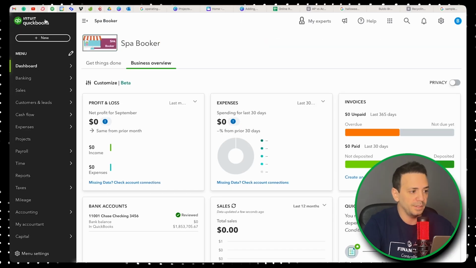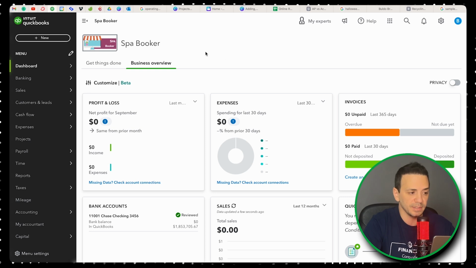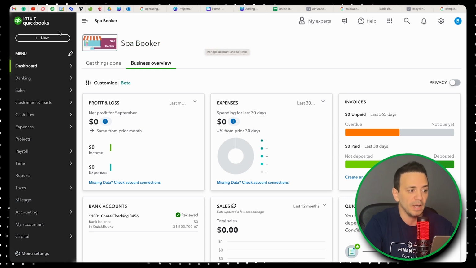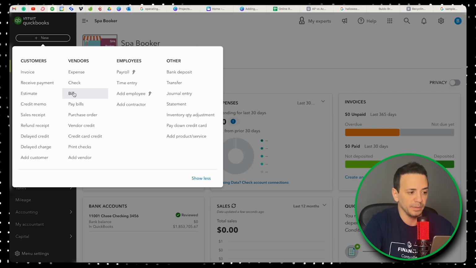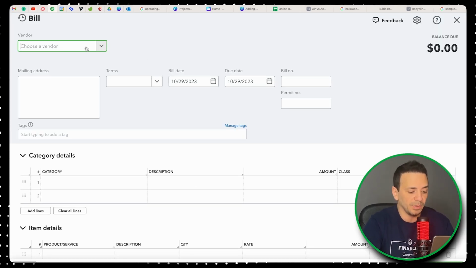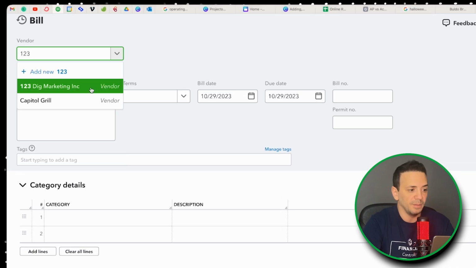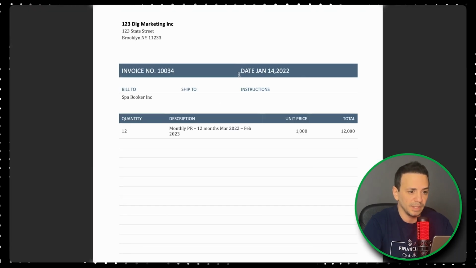All right, so I'm logged in to QuickBooks Online, and I'm gonna go ahead and create this invoice in the system to populate accounts payable. So I'm gonna click on New. Under Vendors, I have Bill, so I'm gonna click on Bill, and I'm gonna select the vendor. So we said that the vendor is 123 Dig Marketing, so I'm gonna start typing that. If the vendor already exists on my record, it's gonna show up here. So I'm gonna select it, right? It has the address. The payment terms are already populated in my system. I'm gonna go ahead and put the bill number in here, invoice number